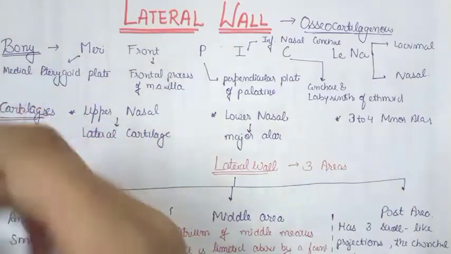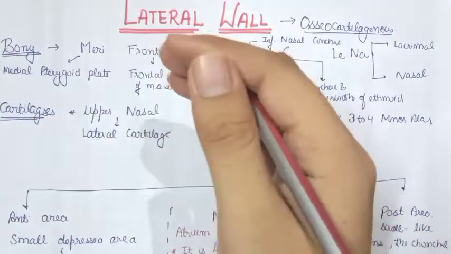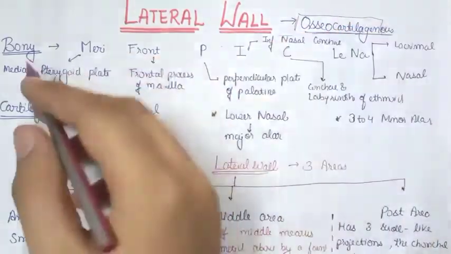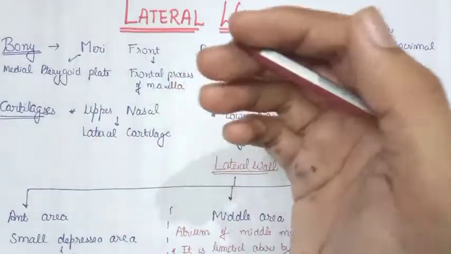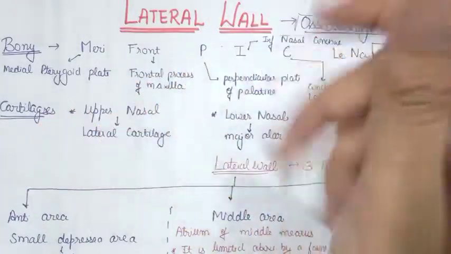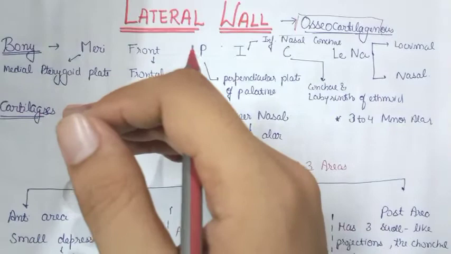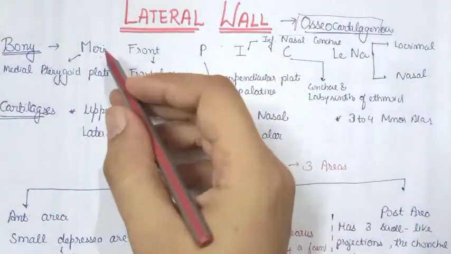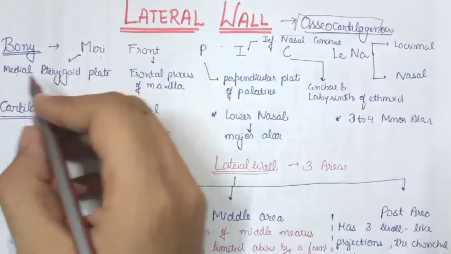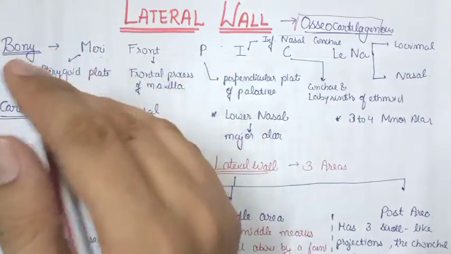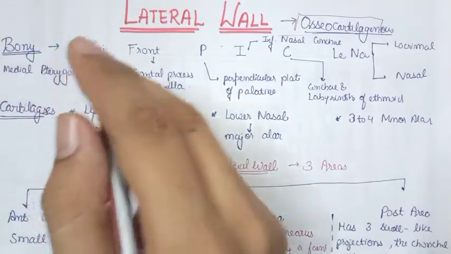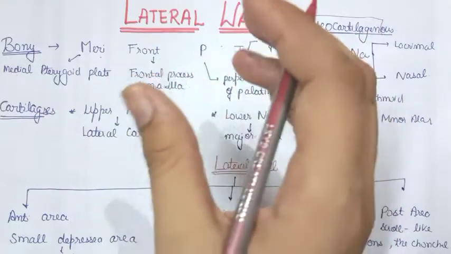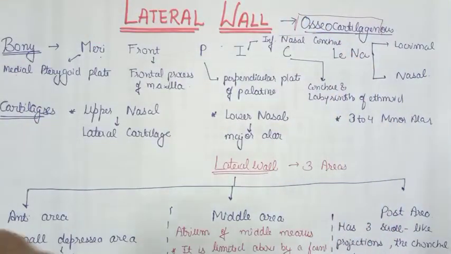So bony part, the way to remember: the lateral wall is also osteocartilaginous. It is made up of a bony part and a cartilaginous part. So the trick to remember the bony part is "मेरी front pick लेना". So you have to take the pick of me from the front side, that is in Hindi it is called मेरी front pick लेना. ठीक है, तो मेरी stands for medial pterygoid plate. Front stands for, front is very clear. We have only one contribution from the maxilla part, that is the frontal process of the maxilla in the case of the lateral wall.